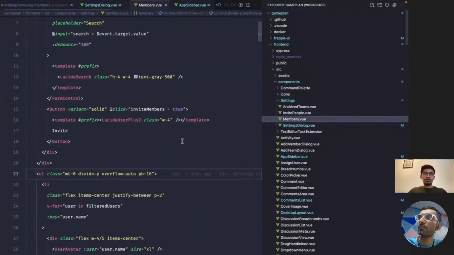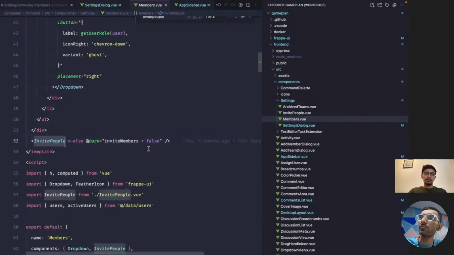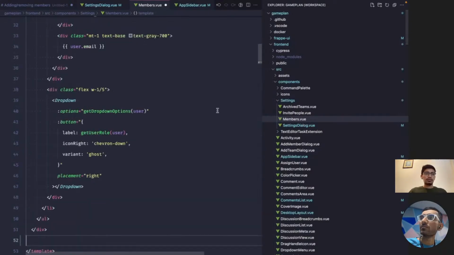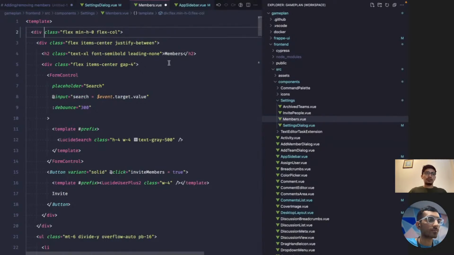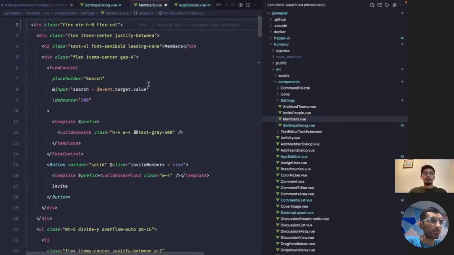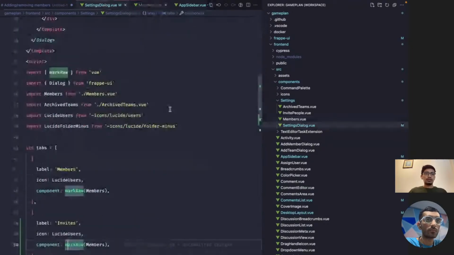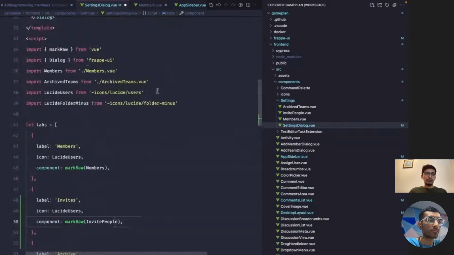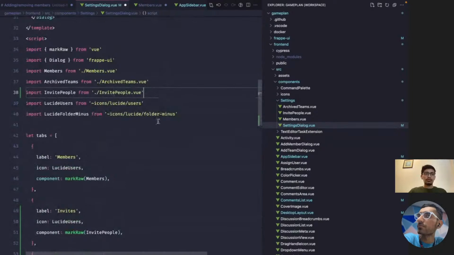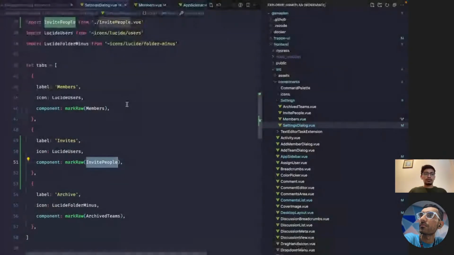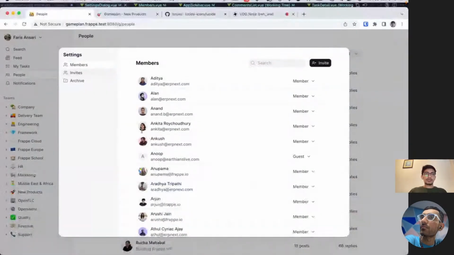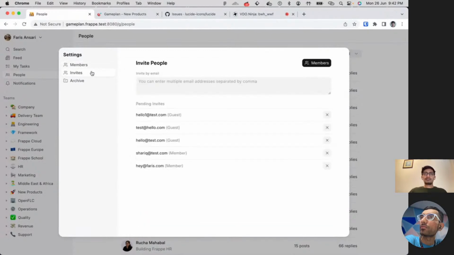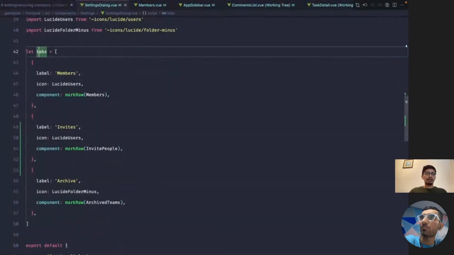We'll remove this. In members, there is invite people, correct? So I will remove this and move this. And this should be invite people, which will come from here. Is that it? Yep. Cool. So what is this macro? So if I remove this,